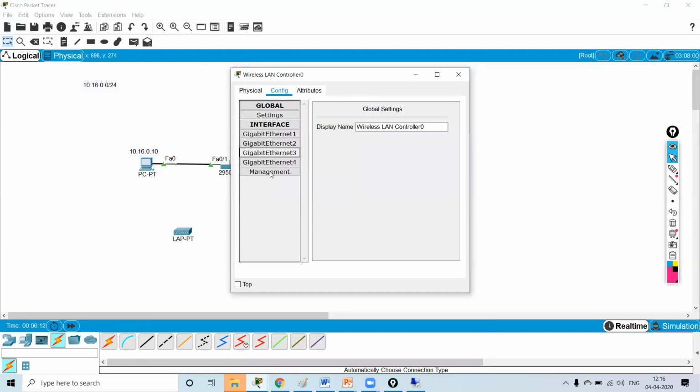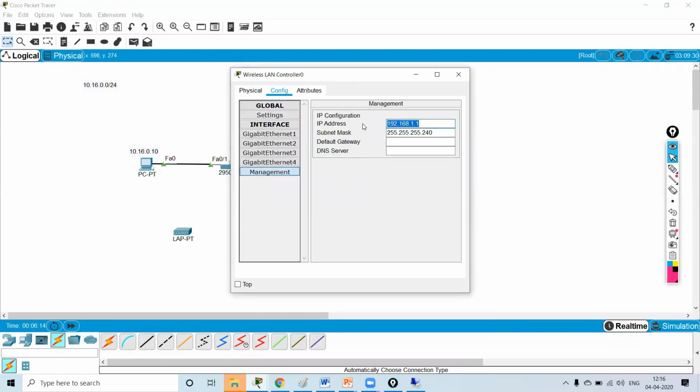Now I will go to the WLC and configure it: 10.16.0.2, 255.255.255.0, the gateway 10.16.0.1, and DNS 8.8.8.8.